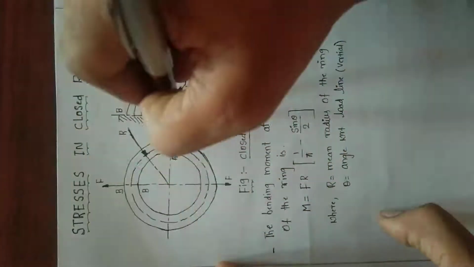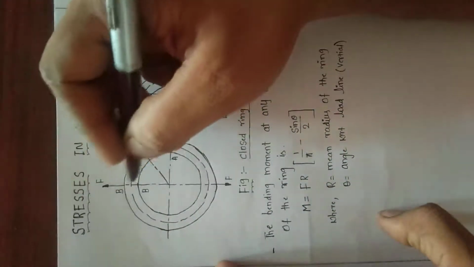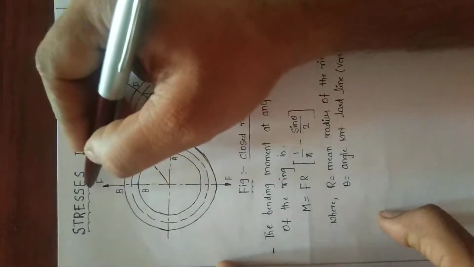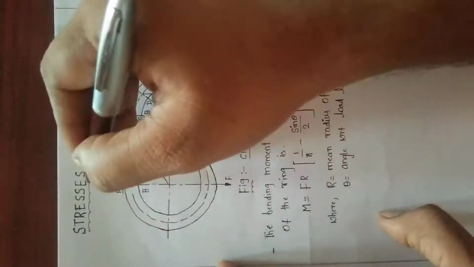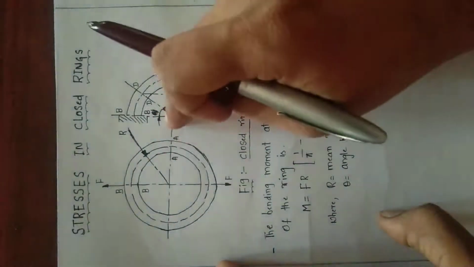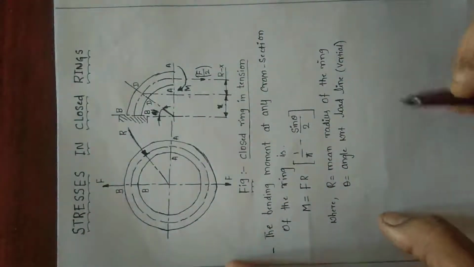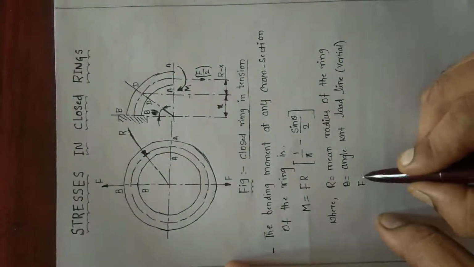If horizontal is applied, it is 0; if vertical is applied, it may be 90. But wherever the force is applied, in whichever direction, we consider that direction as 0. The force in this case, this is 0, and this will be 90, then 180, 270, 360. The coordinate system is varied according to where the load is applied. Wherever the load is applied, I will consider theta as 0; we shall solve that. F is the load.